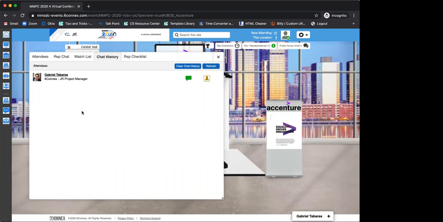Okay, I see another question here around if you are speaking with someone at your booth, do you have the capability to talk to them? Not through the platform. Everything here is through chat and type only. Okay, so the next thing I want to show you, let me see if there is another one here.